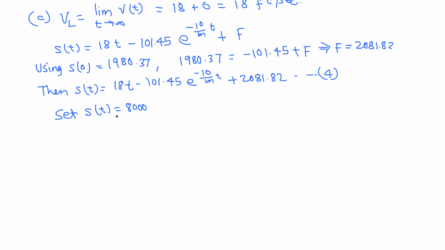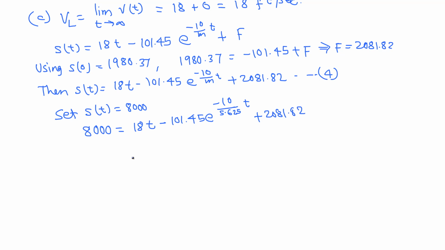So 8,000 equals 18t minus 101.45 e raised to negative 10 over the mass, which was 5.625 by the way, t plus